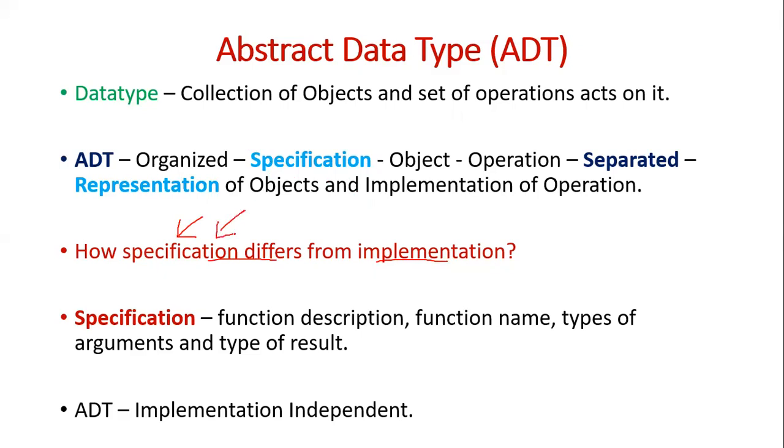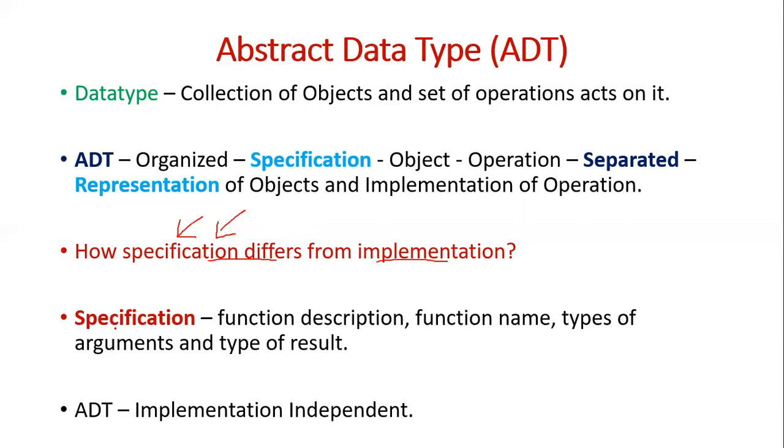Okay, what is the range or something like that. The user needs only to know what the use of that particular data type is and how it is to be used. Only this much the user needs. The user doesn't want any detail about the implementation. Okay, so that is what the ADT does. The ADT separates the specification details of the object from the implementation details.